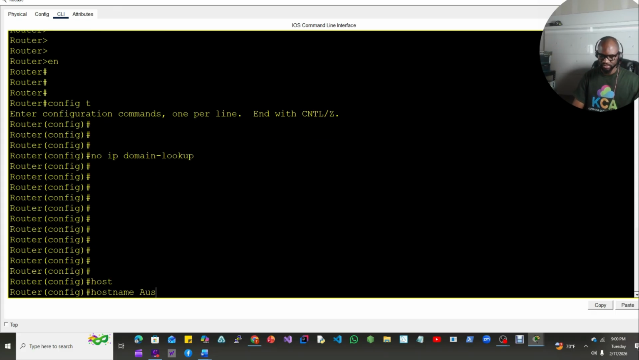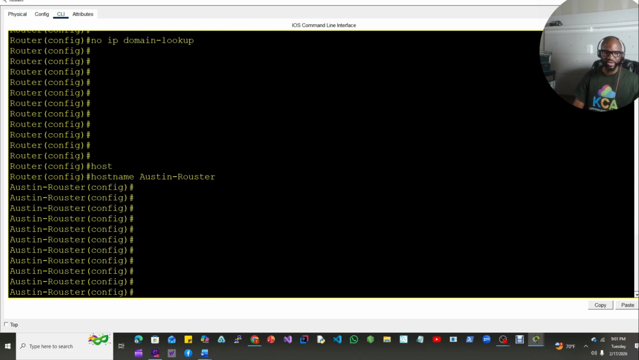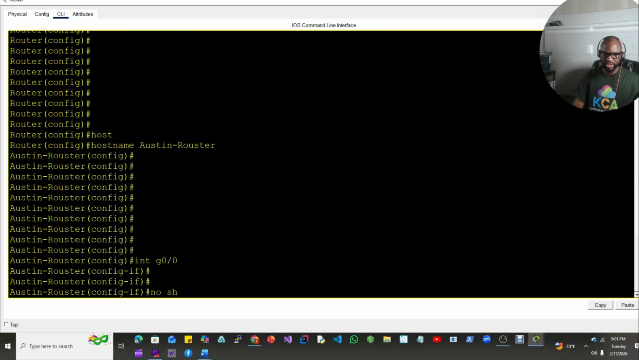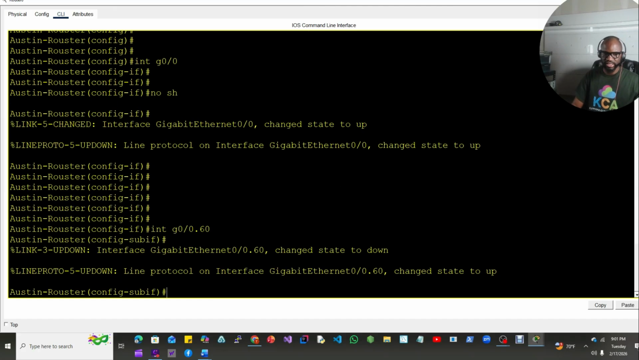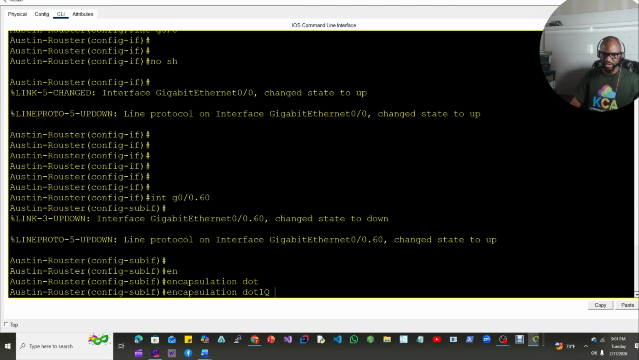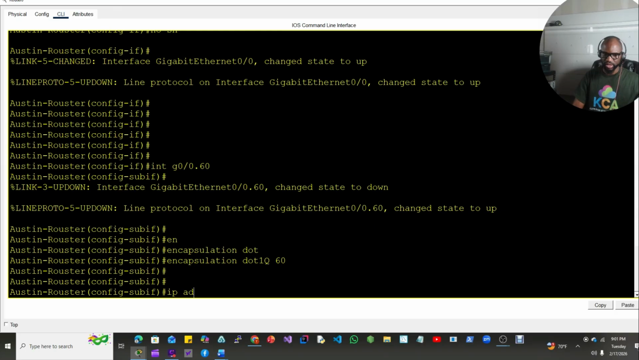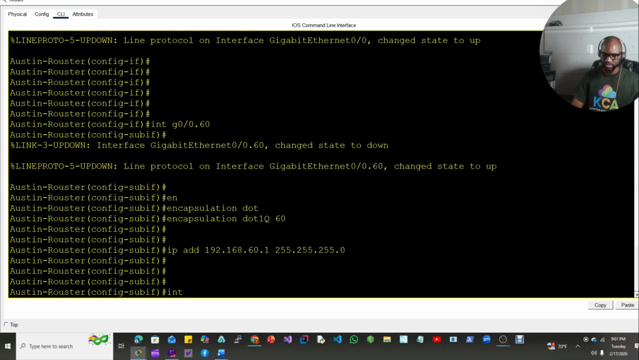Hostname Austin router. Now we can say interface G0/0, no shut. Interface G0/0.60 for VLAN 60, encapsulation dot1Q 60, IP address 192.168.60.1 255.255.255.0. Interface G0/0.70,